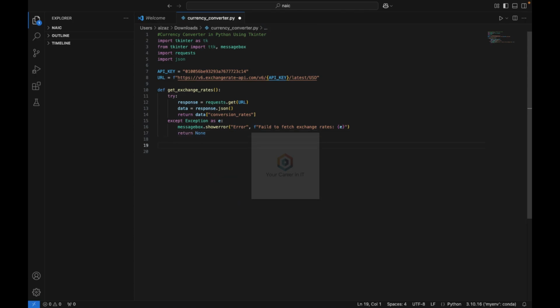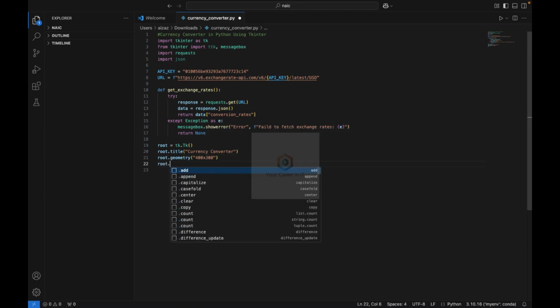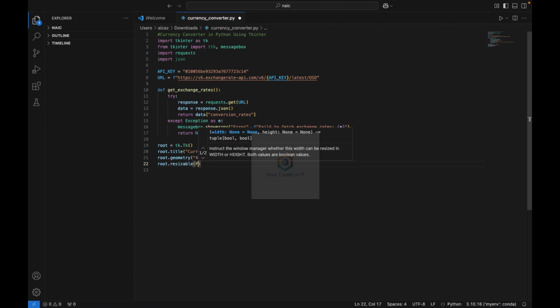Okay, now let's create the main application window using Tkinter. So for this, we use root equal to tk dot Tk. Now after this, root dot title, so it's a currency converter. Okay, now after this, root dot geometry, here we use the width and height, so 400 by 300. Okay, now root dot resizable, false